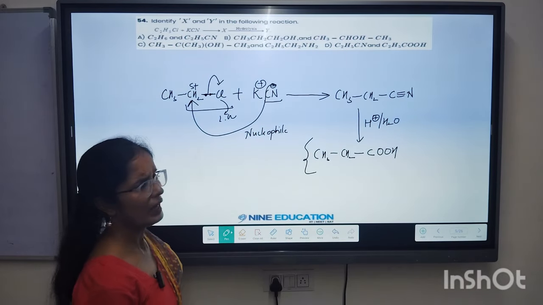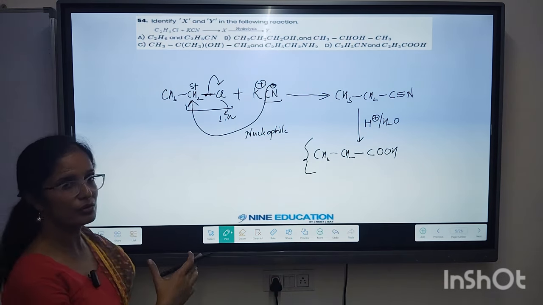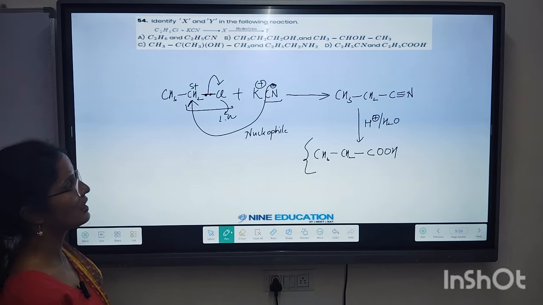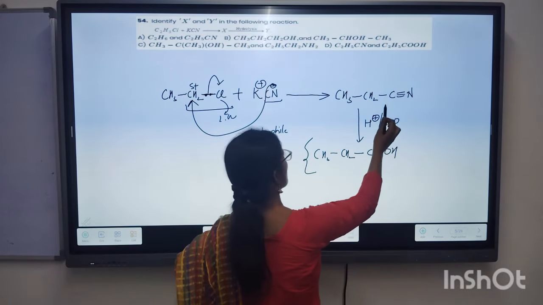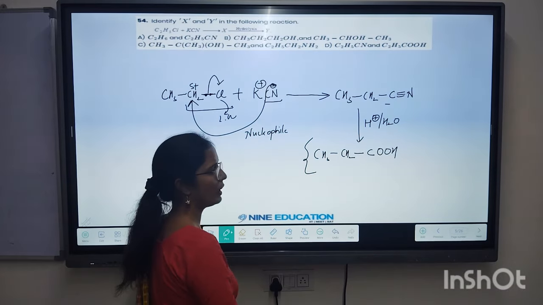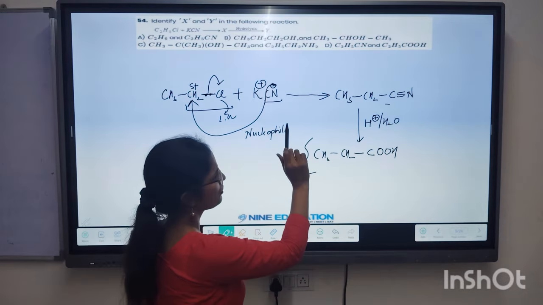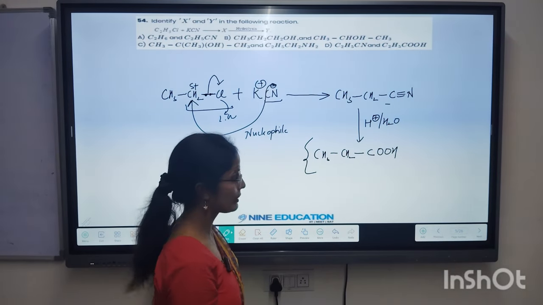Propanoic acid. And let me tell you, in previous years also, so many times this kind of question has been asked. Like they will give you some alkyl halide, they will ask you to do attack from CN negative, and as CN negative itself is containing carbon, once CN is formed, they might ask you to reduce it with some LiAlH4 and get it converted into amines, or they will ask you to do hydrolysis with which CN gets converted into COOH.